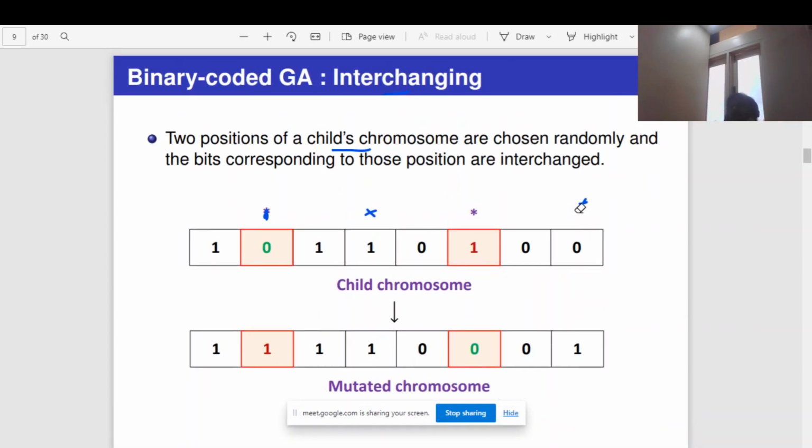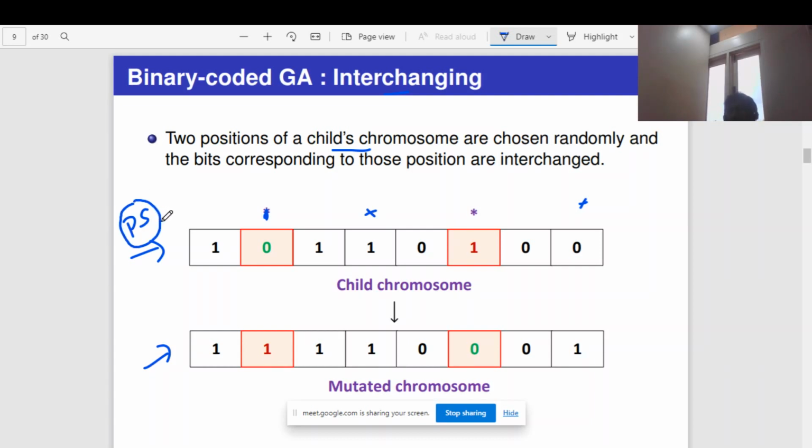First of all, try to understand why we are doing all these things. With respect to GA, each of these chromosomes is one possible solution. In actual genetics it is a chromosome, but here it is one possible solution. So why are we changing it? It means we are not happy with the solution, so this is not an optimal solution.